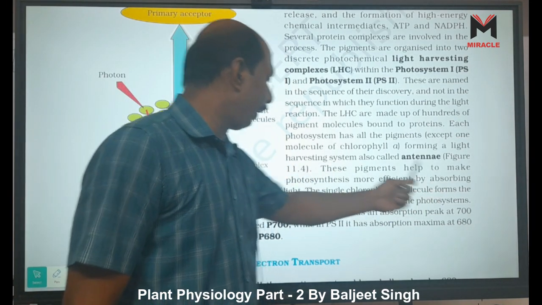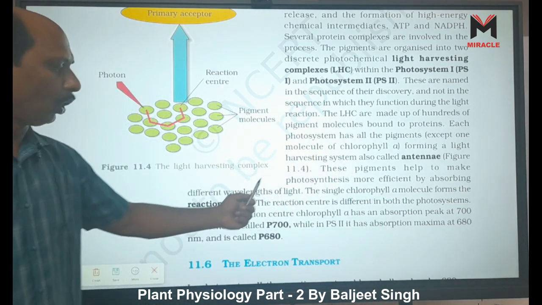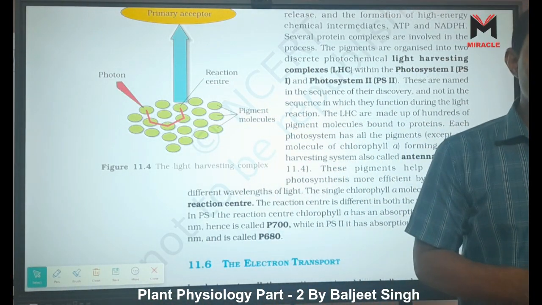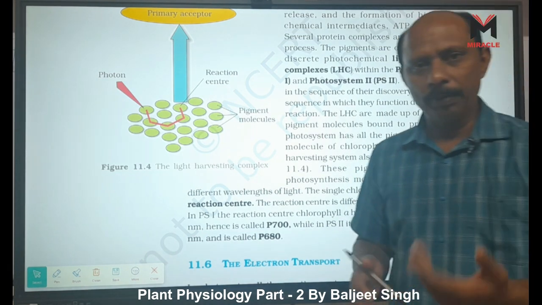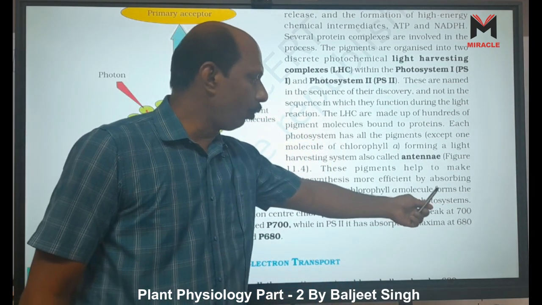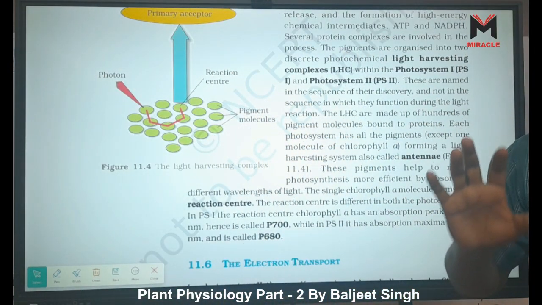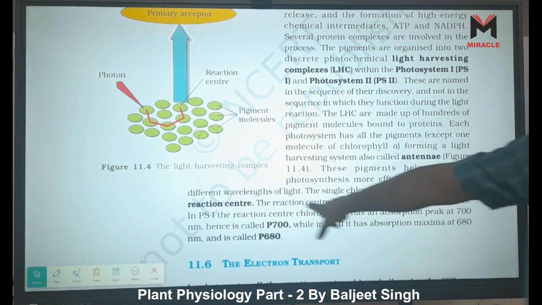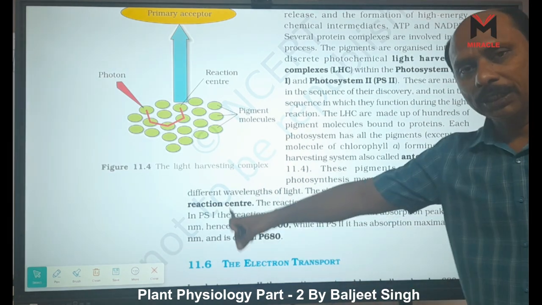These pigments help to make photosynthesis more efficient by absorbing different wavelengths of light, because chlorophyll, xanthophyll and carotenoids have different colors, meaning different wavelengths. Carotenoids also absorb wavelengths which are not absorbed by chlorophyll B or chlorophyll A. The single chlorophyll A molecule forms the reaction center. In a single LHC, how many chlorophyll A molecules are present? Only a single chlorophyll A molecule is present,